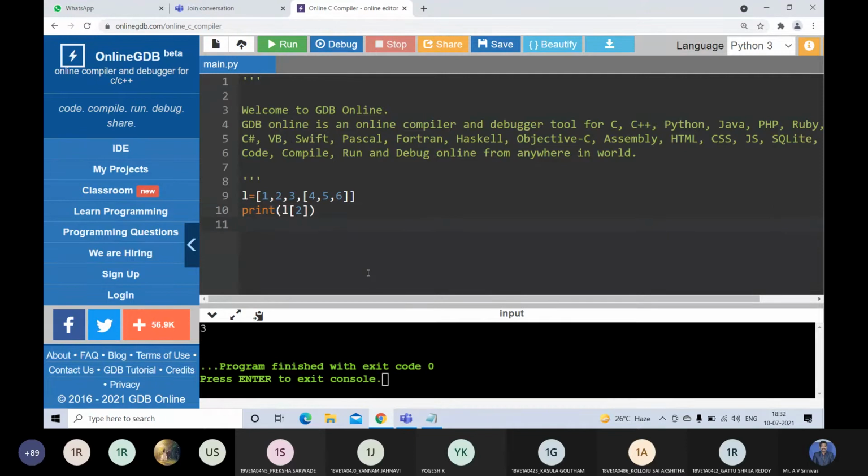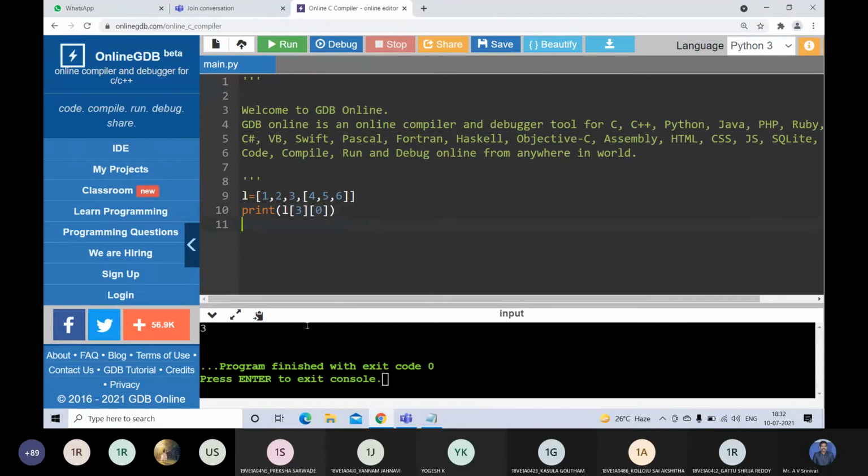L of 2, 0? So here, this index is 0, this index is 1, this index is 2, and this entire list index is 3. So we can write L of 3, and inside that, the first element is 4.